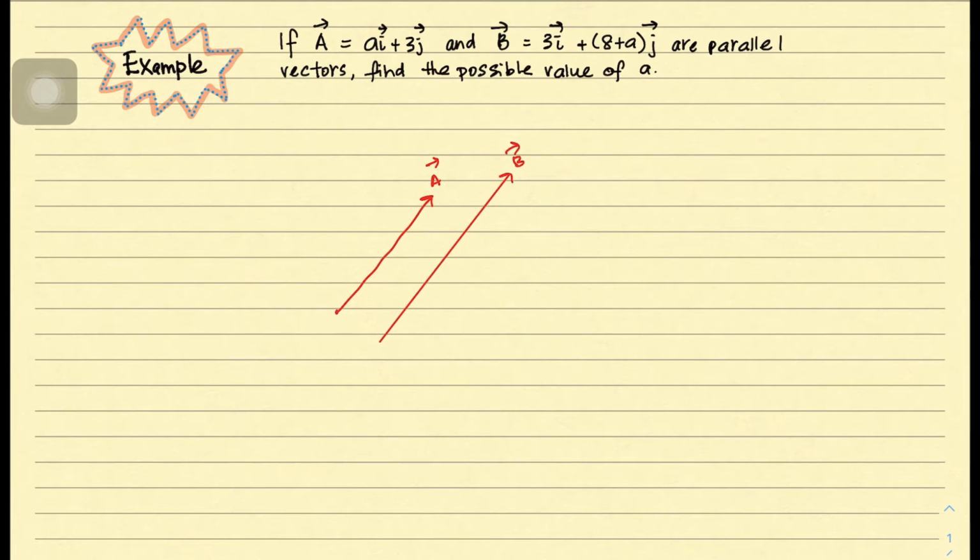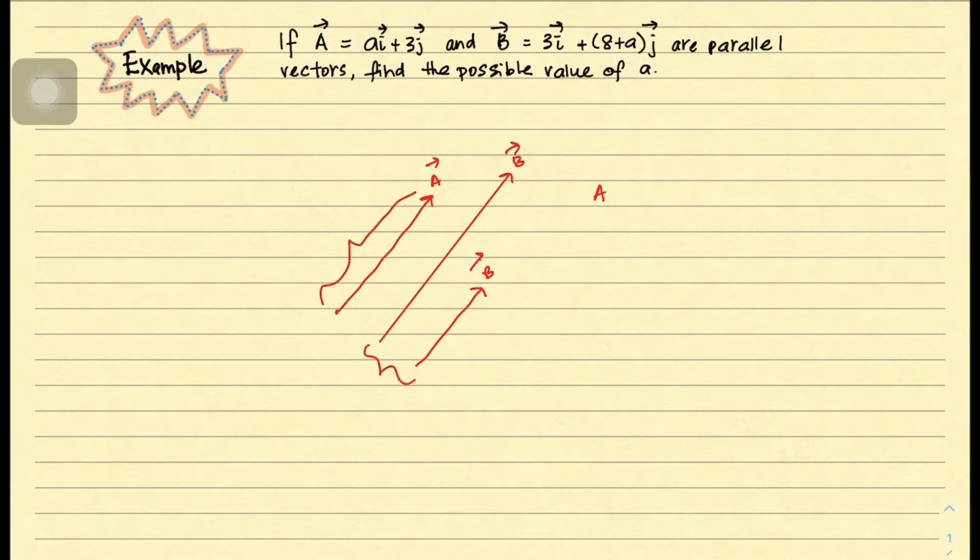Kalau sama means exactly dia punya direction ataupun dia punya length ni sama. Tapi dia boleh jadi juga vektor B ni lebih panjang atau lebih pendek daripada vektor A. Contohnya kalau B ni dia lebih panjang, okay, yang ini lebih pendek contohnya. Dia boleh jadi mana-mana kerana kedua-dua ni selari. Okay, means that